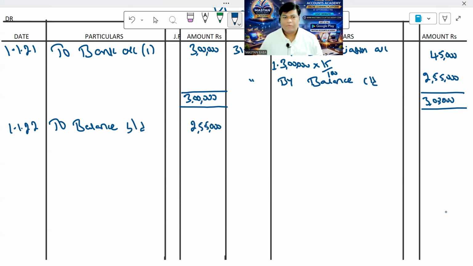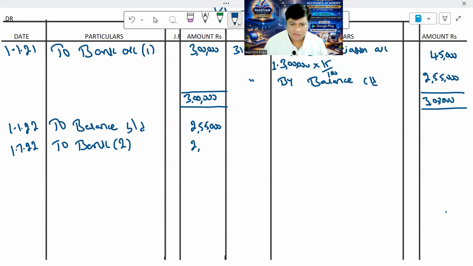2,55,000. And what we can notice here, they purchased the second machinery in this year in the month of July, that is 1st July 2022. Question బాగా చదివినాం కదా కాబట్టి క్లారిటీగా గుర్తుండాలా, లేకుంటే చెక్ చేసుకునే డౌట్ ఉంటే మీకు to bank and indicate 2. And what is the second cost, second machinery value or second plant value is